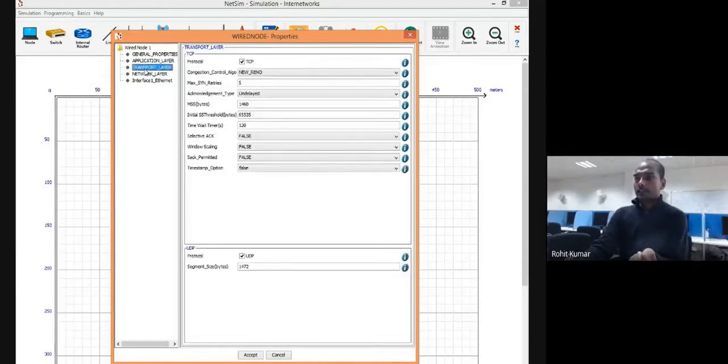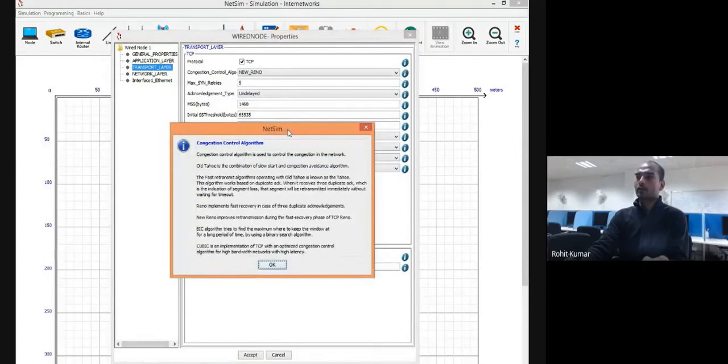Then we move on to the transport layer. At the transport layer, you have the familiar options, either TCP or UDP. With respect to TCP and UDP, you can set your options. Again, if you are a beginner, you may wonder what all these things are: congestion control algorithm, maximum sync rate, acknowledgement type, maximum segment size, initial threshold, wait time, etc. Don't worry, everything is available here. You can see the I button. Wherever you see the I button, don't worry, everything is there. You just simply click on it. It will give you the whole information.